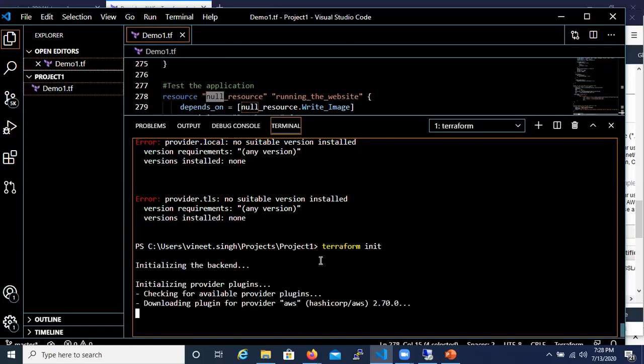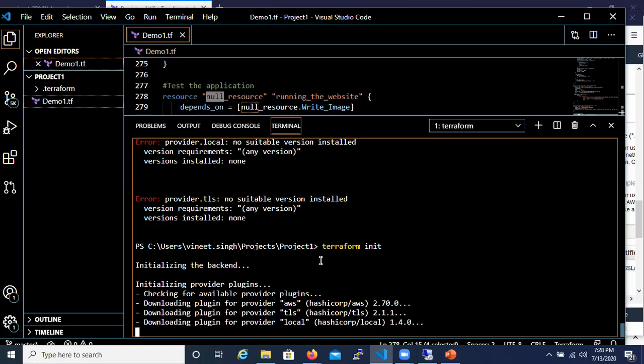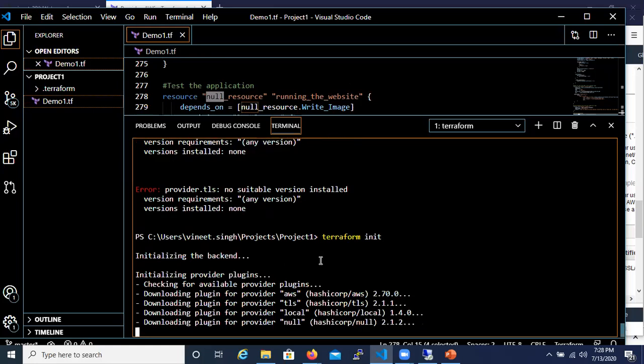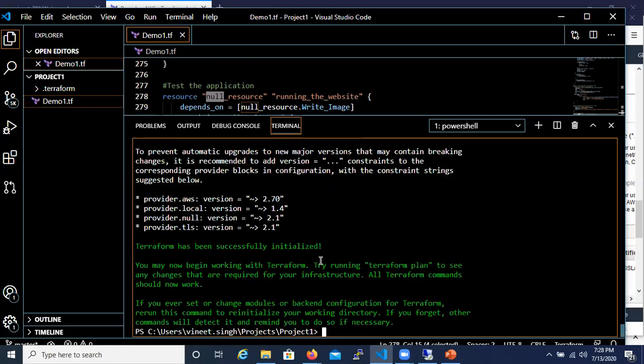Now you can see it is checking for available provider plugins and trying to download them. AWS, TLS, local, and all these plugins are downloaded and installed successfully. Now if you see on the left side, there is an extra block which got created, which was not present earlier.